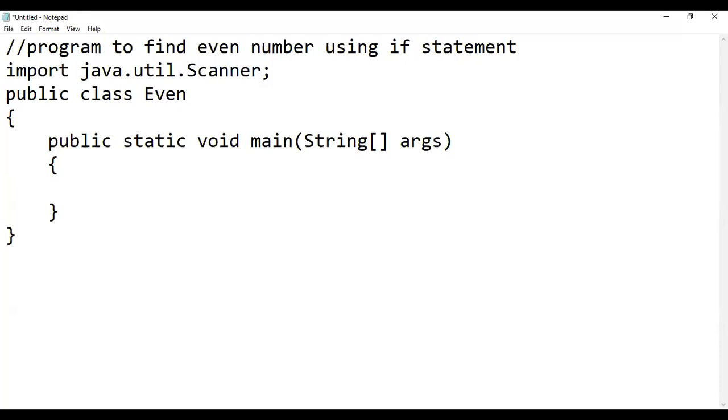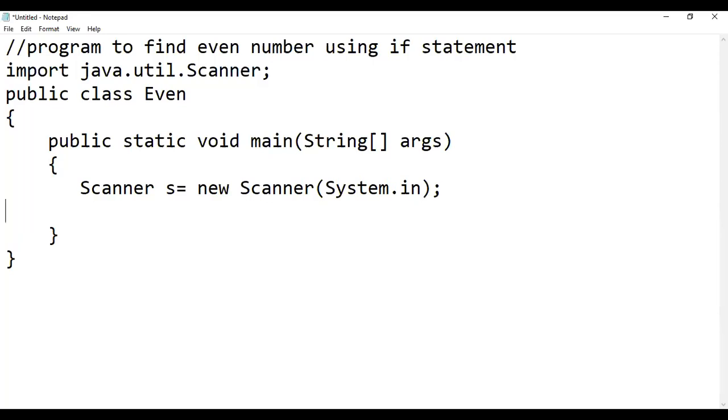Now we are using the scanner class. Firstly, we will create an object of the scanner class by writing the class name, that is Scanner, then our object name, I'm taking it as s, the new keyword, then Scanner, and here we have to pass the parameter System.in. Now we want to display a message to the user so that the user enters a number.